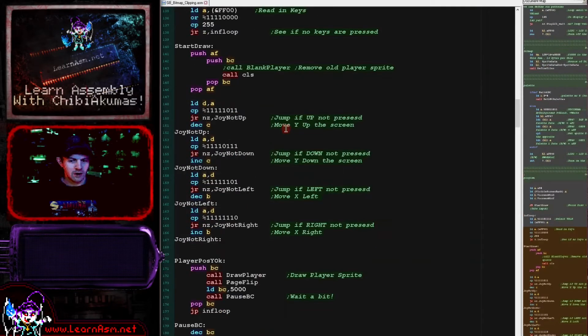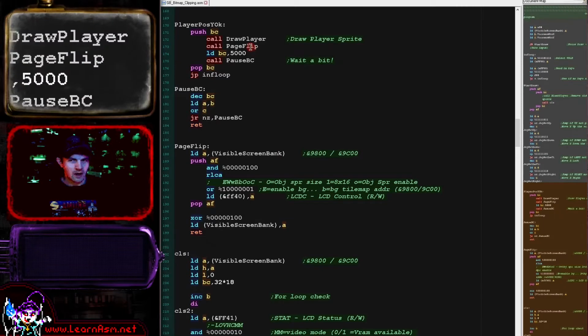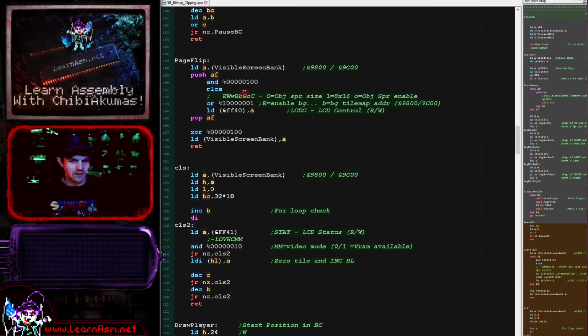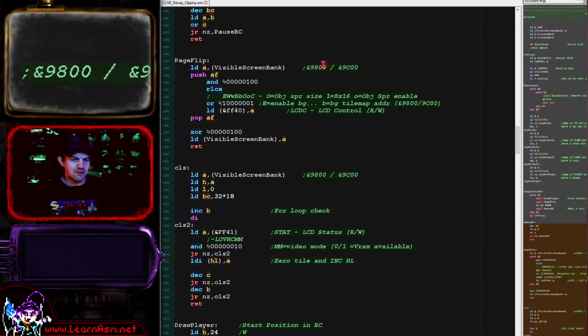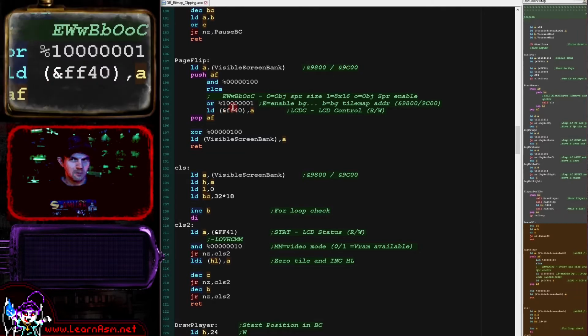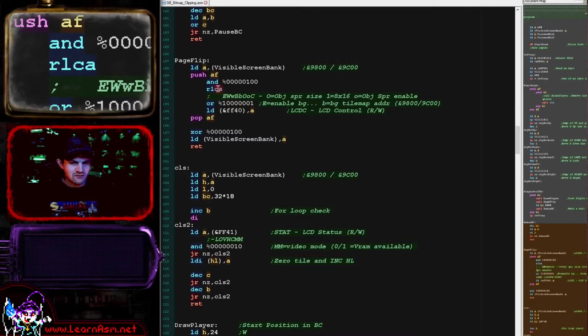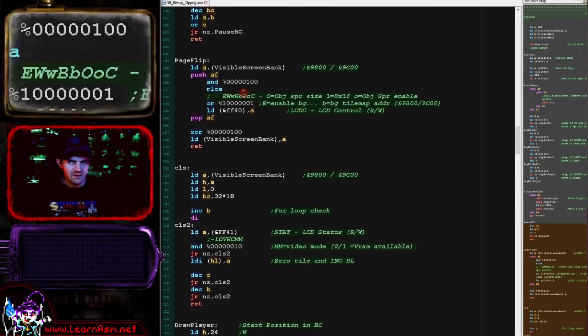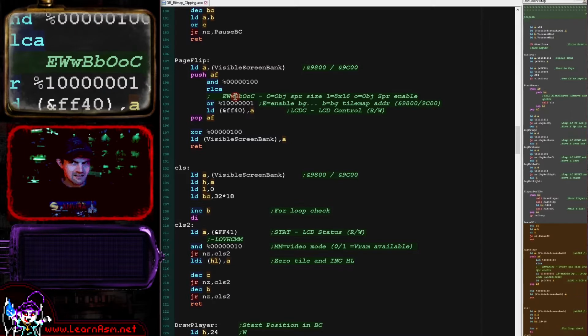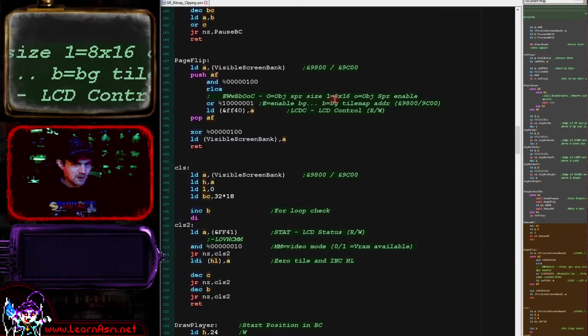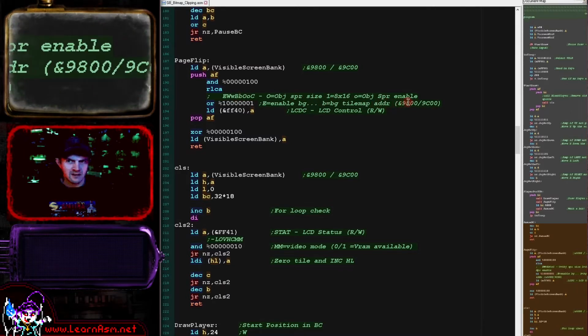Now we've got various code here. First of all, let's have a look at the page flipping routine. We'll just quickly cover that. So basically on the Game Boy, we have two memory addresses that can be used for the tile map. The tile map can be either at memory address 9800 or 9C00. These are the two possible tile maps, and they are defined by one of the bits at port FF40. The bit in question is bit 3, and this is the B bit, the lowercase b in this byte here. The B bit will select the tile map address, with 0 being at 9800 and